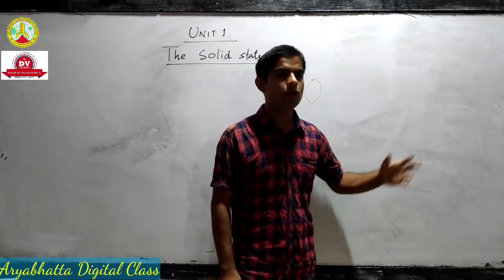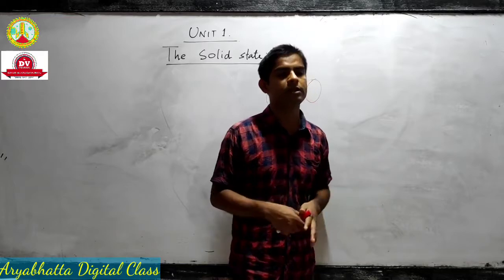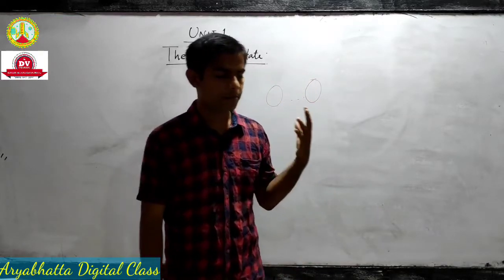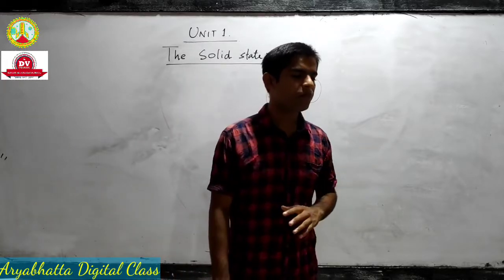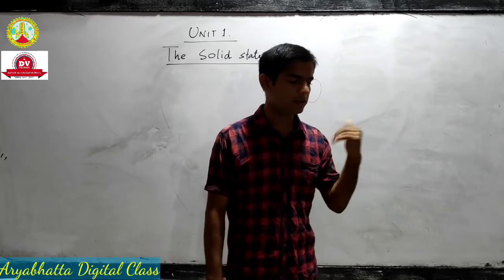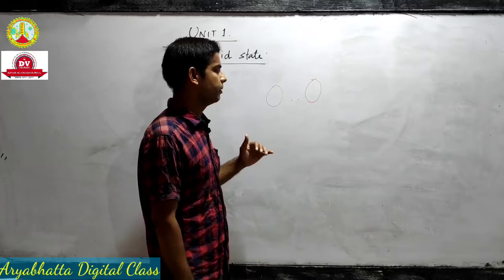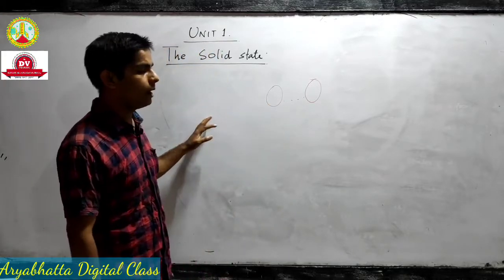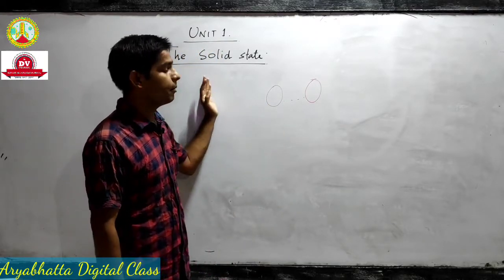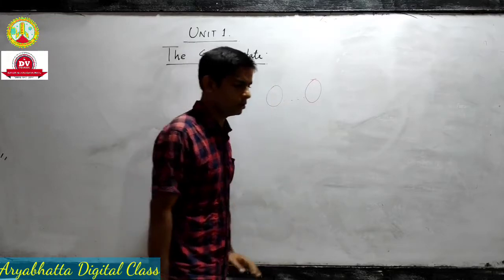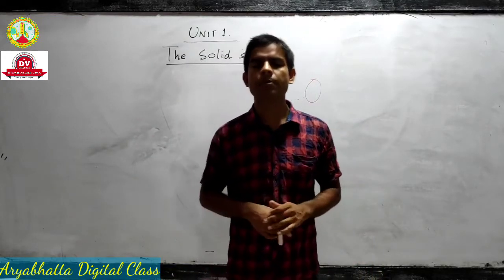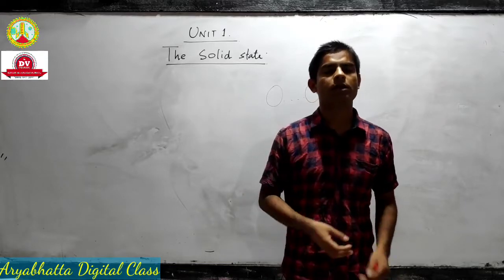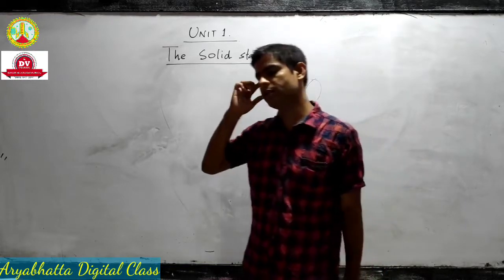About the gaseous state of matter, you must have studied in class 11 what the properties of the gaseous state are, and the different physical and chemical aspects of the gaseous state. We have discussed it in class 11. Now in class 12 we will discuss the solid state of the same matter: how the solid state looks, and what the different aspects of the solid state are.